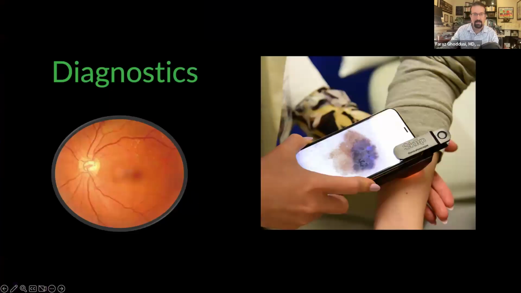There are a few other fun uses. One ends up being within the diagnostics. There are a lot of different companies that are using AI in the way that they end up helping with a lot of diagnoses. One thing that we are starting to use here in Oregon is in our more rural areas, we don't have as many ophthalmologists as we would like.